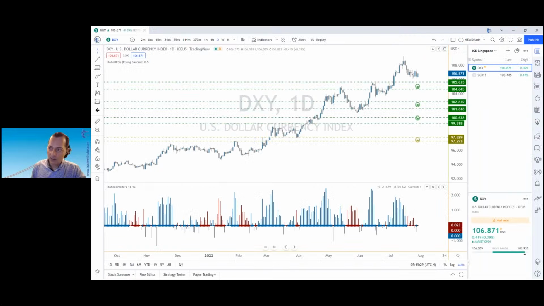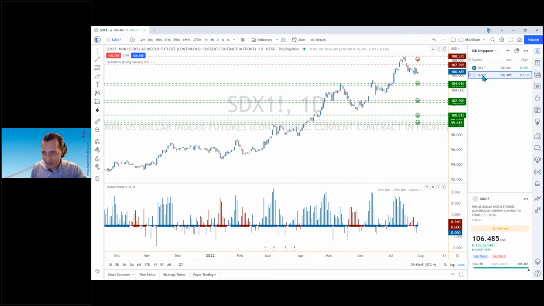So if you look at the dollar index chart, and by the way, you can look at it in the form of DXY, which is the dollar index itself, which is not a tradable instrument. It's just chartable, but not tradable. But now you click on SDX, and now you are talking about the tradable futures contract that trades on the Singapore exchange, which, by the way, has a free real-time market data feed. You just need to go to TradingView, and then you see the green dot there.